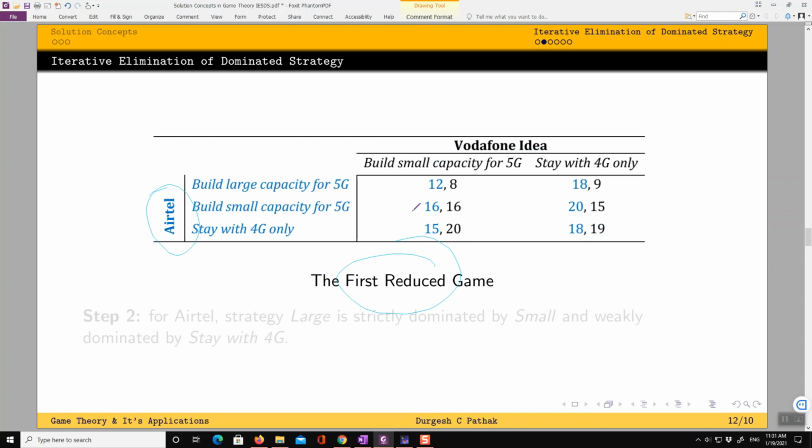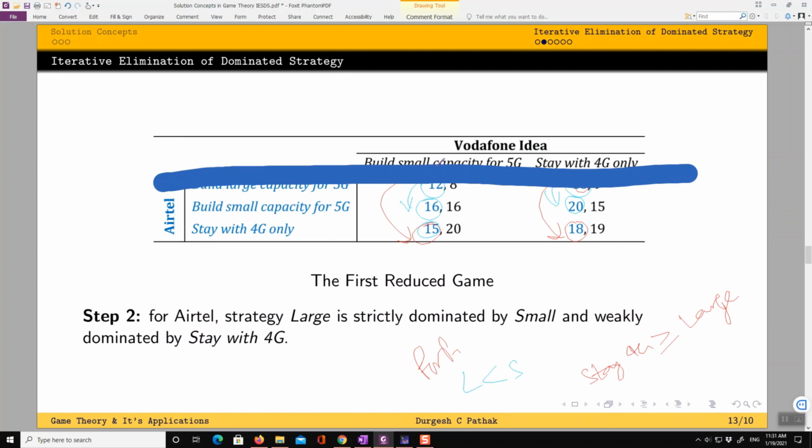Similarly, when Vodafone Idea was able to remove build large from Airtel's strategy space, it knew that being a rational player, Airtel will not play build large.